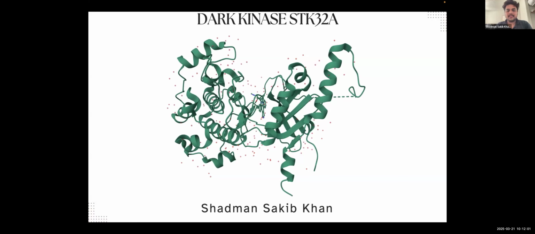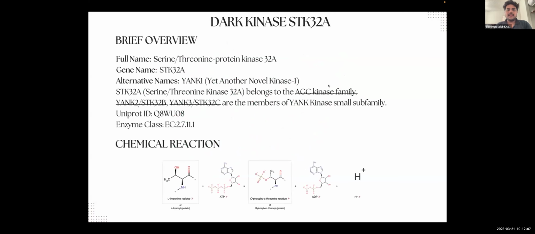Hi guys, I'm Shadman Sakib Khan, and today I'll be speaking about the dark kinase STK32A. The dark kinase STK32A is a dual specificity AGC kinase with preferences for acidic substrates. The AGC group is named after three kinds of protein kinase, protein kinase A, G, and C families. And these serine protein kinases are regulated by secondary messengers, such as cyclic AMP for PKA and lipids